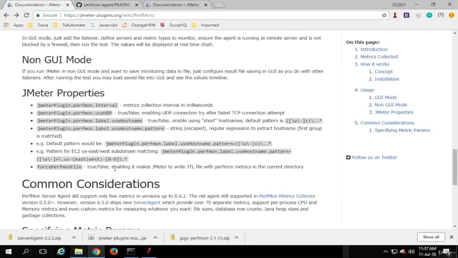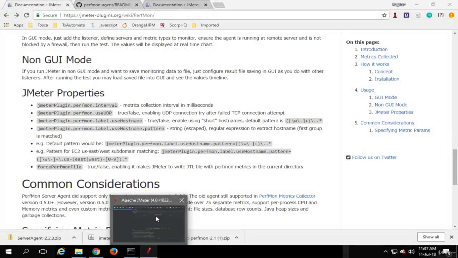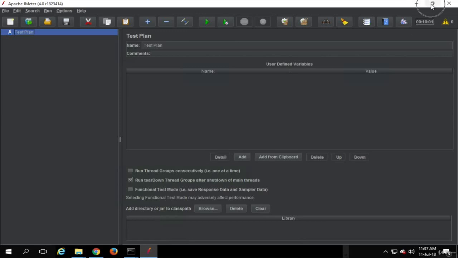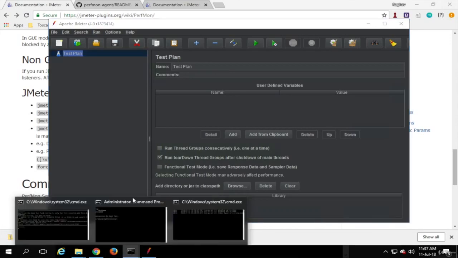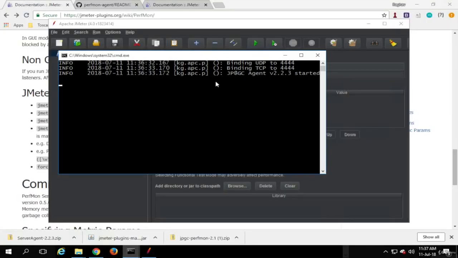So just make sure that your client system where you are setting up your JMeter and your host where your application is hosted, these two systems can talk to each other via port 4444, so that our Perfmon can get the data from the server. Okay, so now in our case we have started our Perfmon agent and we are also able to connect to it.